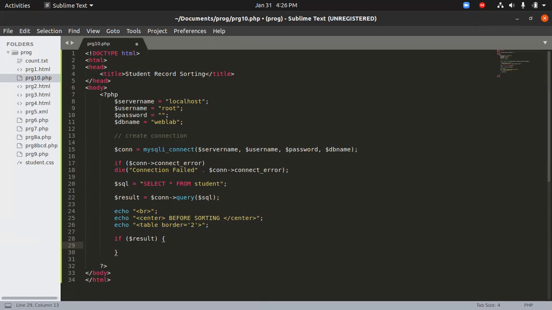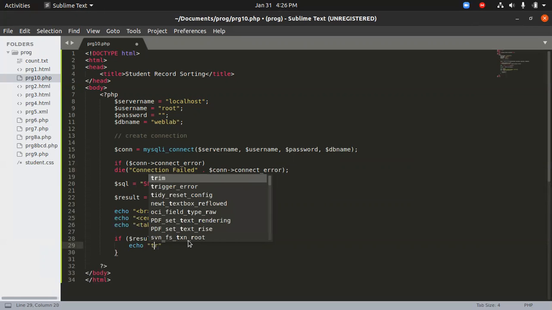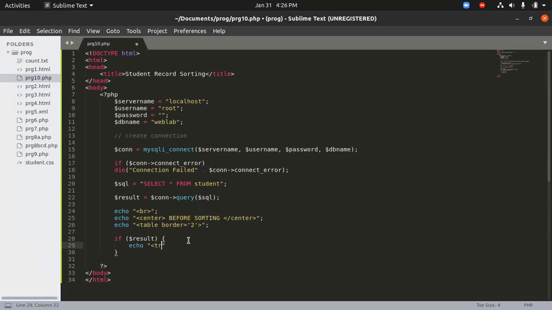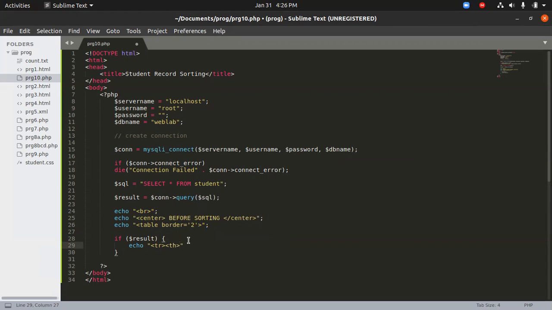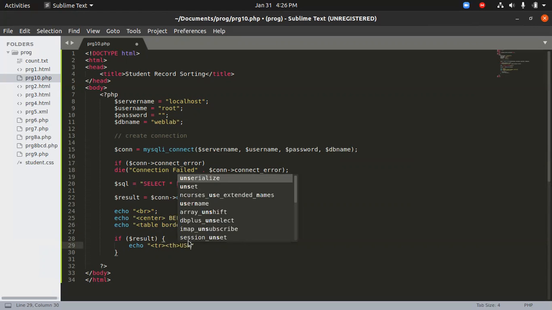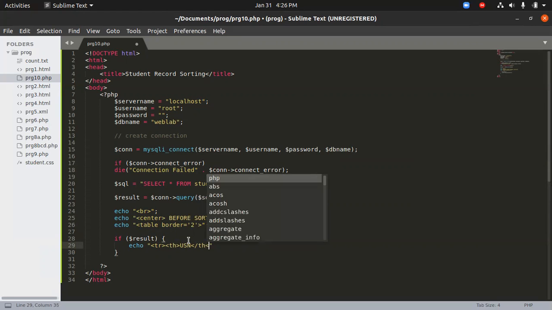So here, inside this, we'll be writing our first table. So echo, we'll be creating a table row. I hate typing this. Then we just give the heading that is USN and close the heading, and then open again a table head, close that as well.